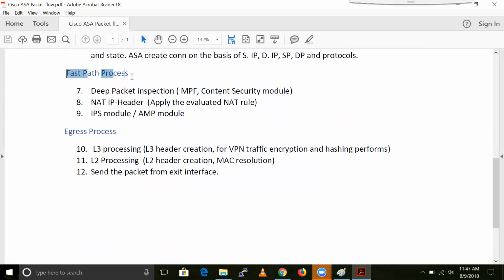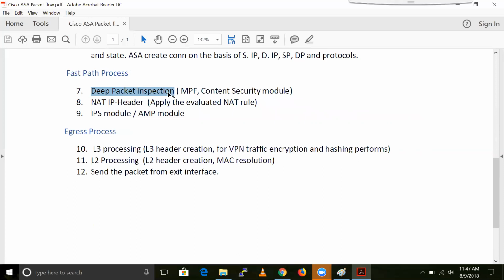So fast path processing basically starts for the existing connection. When we receive a packet which has a connection existing in the connection table, ASA provides the fast path processing for that. In fast path processing, Cisco ASA does the deep packet inspection.